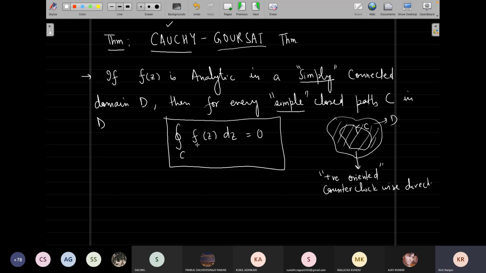Now this result will have a big impact on whether we can figure out certain functions to be path dependent or not. This theorem comes for a big rescue. By the way, before proceeding further, if this C would be negative oriented, let's say in this particular problem, the integral over C of f(z) dz, will that be 0 or not? Yes or no? Okay, so one has said yes.